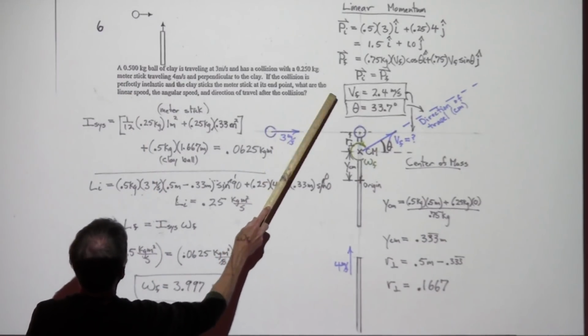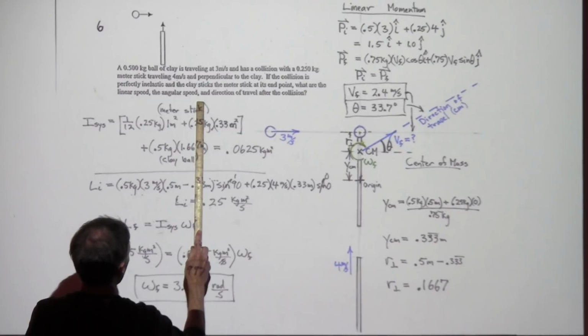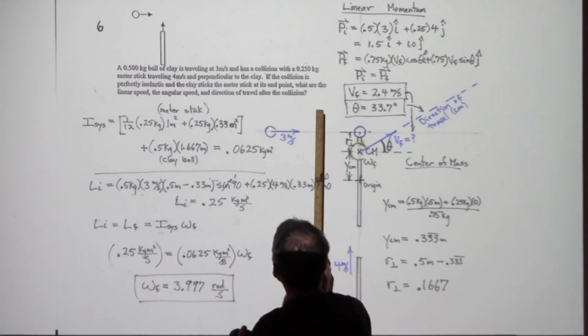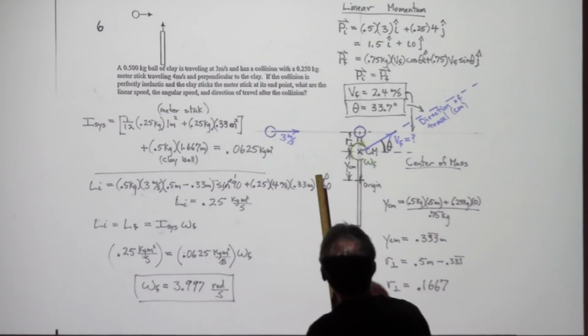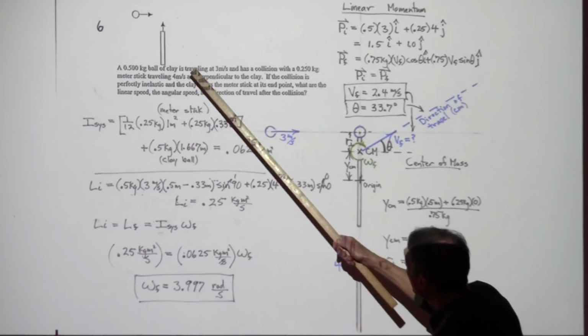He's asking, what are the linear speed, the angular speed, and the direction of travel after the collision? So there's a number of things we need to do. The first part, as far as the linear speed,